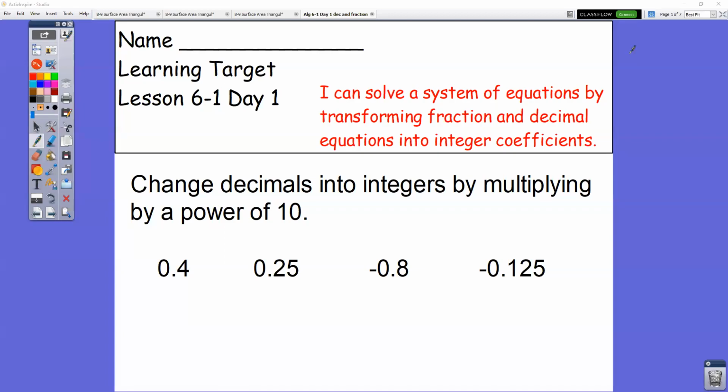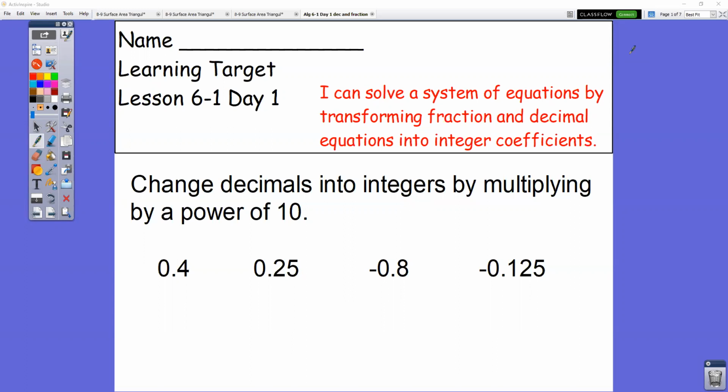So this is the lesson for 6-1, day 1. The kind of questions you're going to have today: we are still solving systems algebraically, but every question will involve fractions or decimals, all right? We don't want to work with fractions or decimals. Could you? Sure, you could, but fractions and decimals are a lot harder to work with, especially when you're solving systems. So it's in your best interest to change the decimals and fractions into integers, into whole numbers,